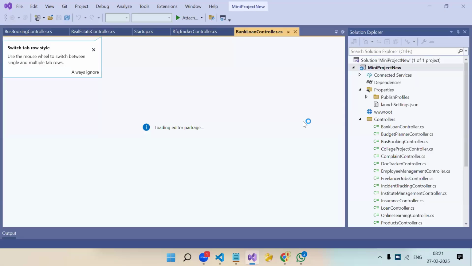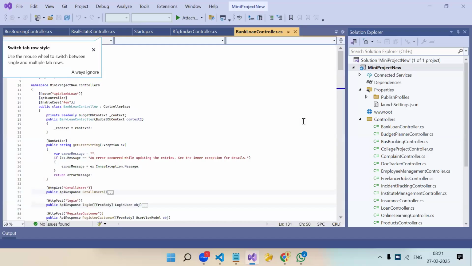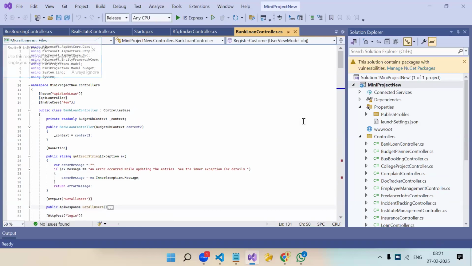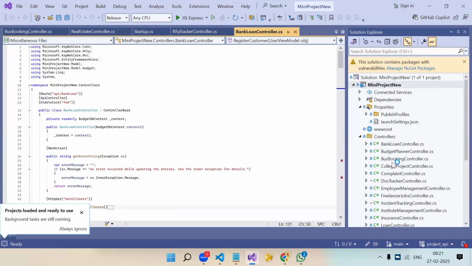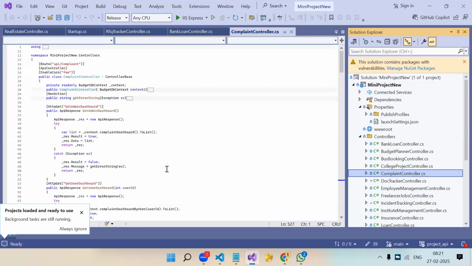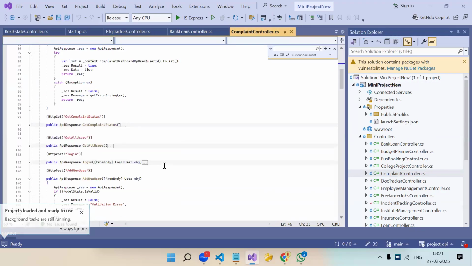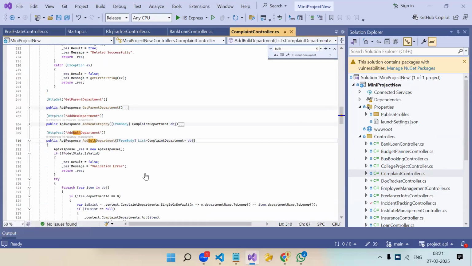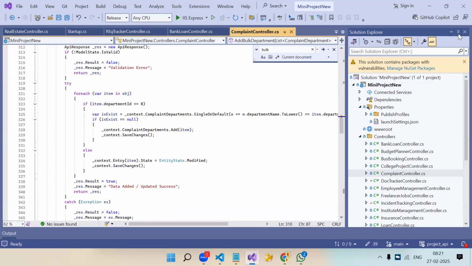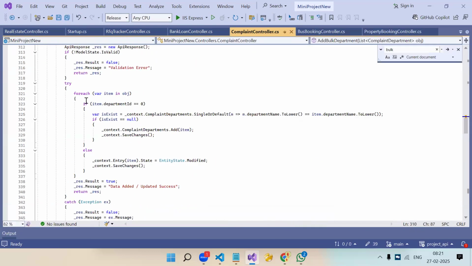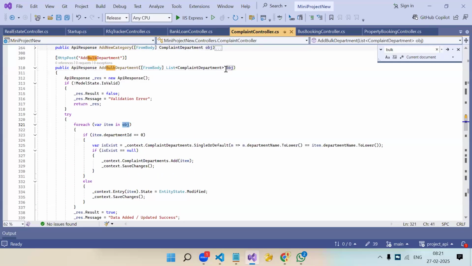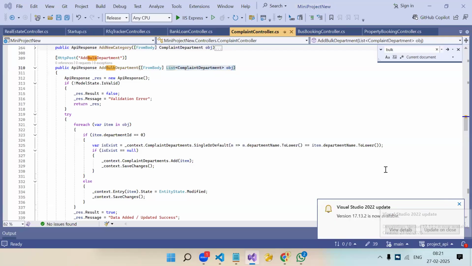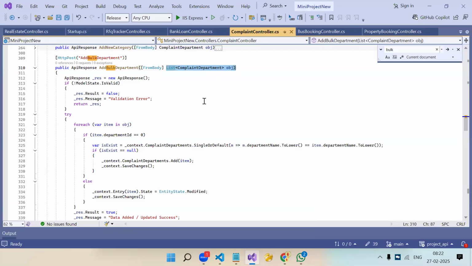ओके. सो सिंगल एपीआई बल्क अपलोड में अपडेट के लिए अलग एपीआई और सेव के लिए अलग एपीआई नहीं रहती. रह भी सकती है, एपीआई डेवलपर के ऊपर डिपेंड रहता है, वो सेम ही एपीआई में दोनों काम भी कर सकता है. ओके. तो कंप्लेंट कंट्रोलर, देखो ये एपीआई, मैं क्या कर रहा हूँ, फॉर लूप लगा रहा हूँ. जो तुम भेज रहे हो ना, लिस्ट ऑफ, वही. इस एपीआई का पैरामीटर क्या है? मल्टीपल ऑब्जेक्ट, ऐरे ऑफ ऑब्जेक्ट.